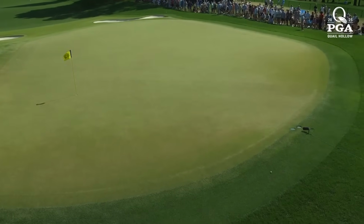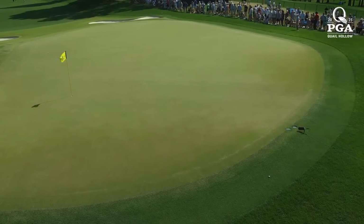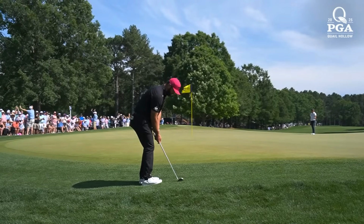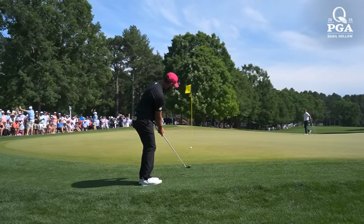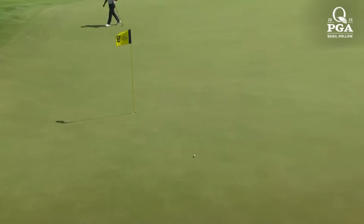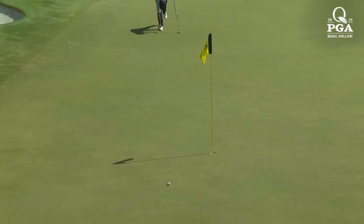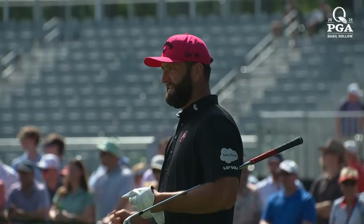This place is getting spicy, Trevor. Yeah, sure is. Need to be coming from the fairway. I expect him to give this one a go, Trevor. Straight up the hill. Not going to be happy with that one. No, he won't. That was straightforward. When it grabbed on the second bounce, it kind of...